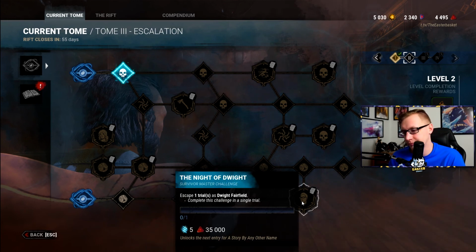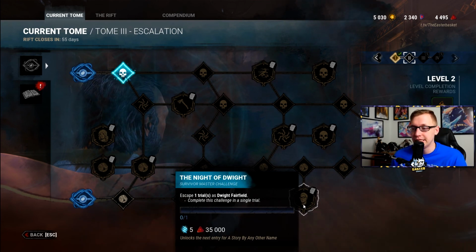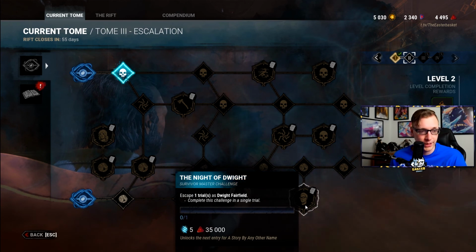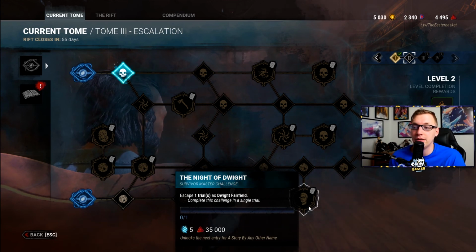The Night of Dwight. Escape 1 trial as Dwight Fairfield. Okay, so this is much less a perk suggestion than a game suggestion. If you have to escape a trial, then your goal is to stay alive as long as possible. Now, this does not mean play like a butthead and let people die on a hook, but take perks that